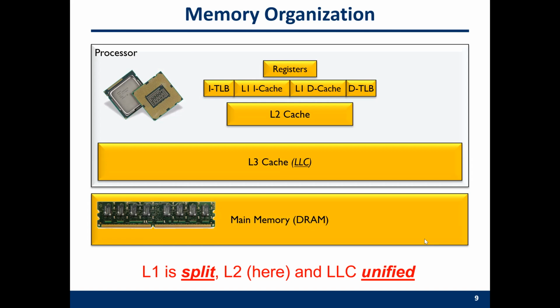The so-called shared or unified is different from split or private cache. Particularly when you run different workloads on the different cores, if you have a very memory intensive workload that requires a very large cache,